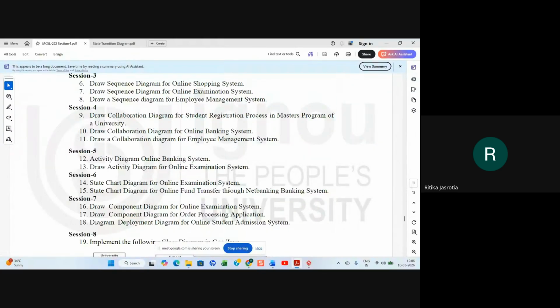You will start, right, you will log into the examination system portal. If login is successful, then you will go to registering for the exam, taking the exam, and there are multiple states you can go to, right?